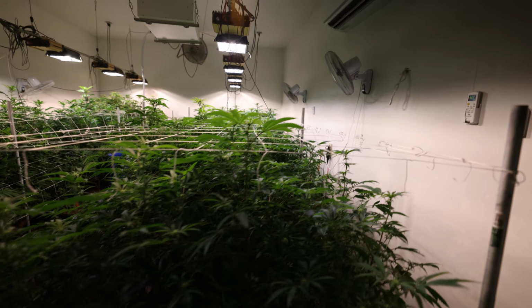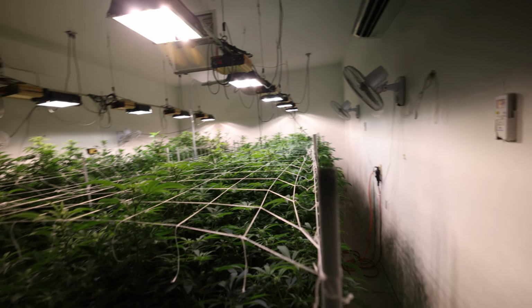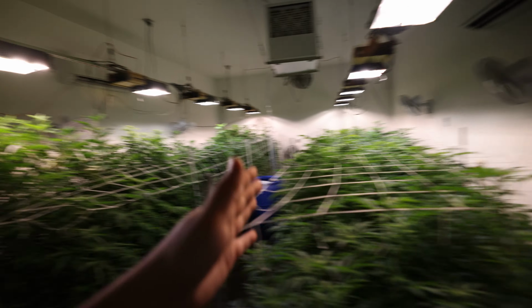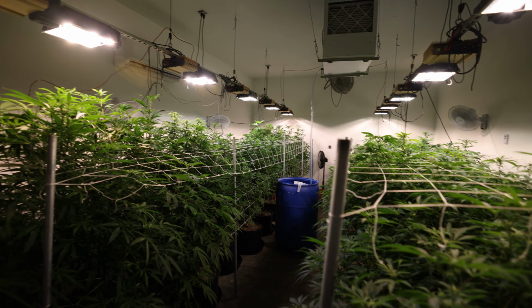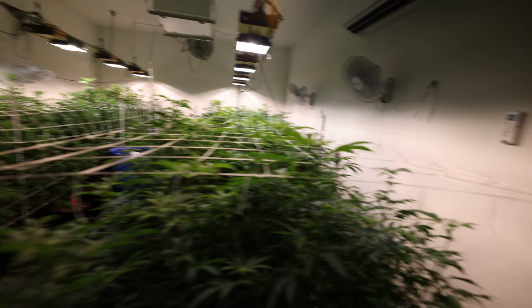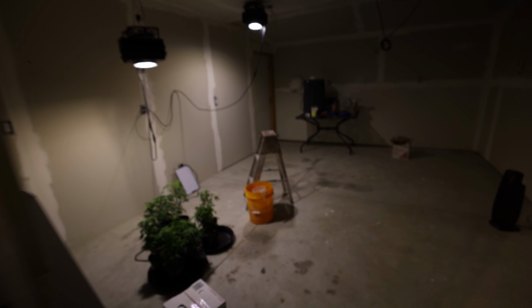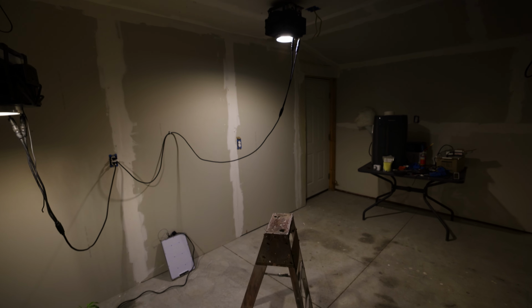I'm glad we didn't give up when we ran into issues, but I know once we get one row of a certain strain and another row of another strain, it'll be so much easier and nicer to be able to do this. We're gonna get like 5 or 6 moms going and take cuts and rotate. But in here, you guys,